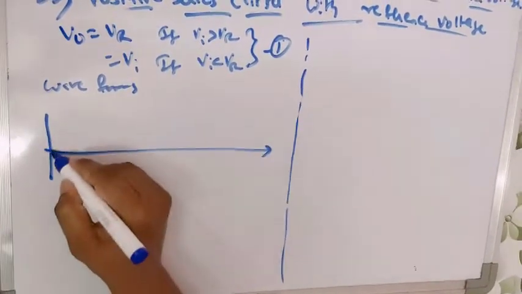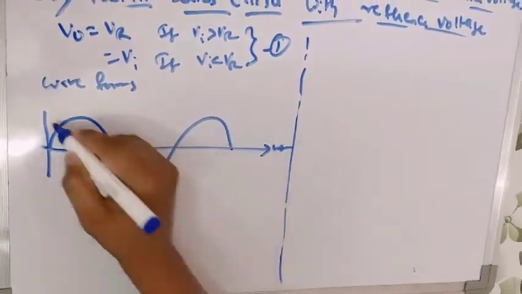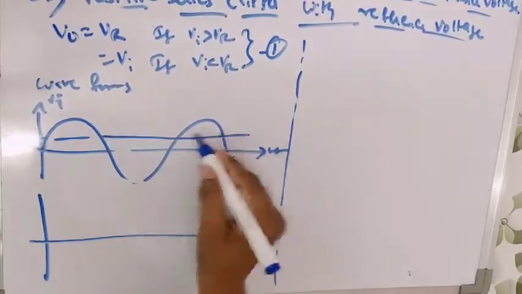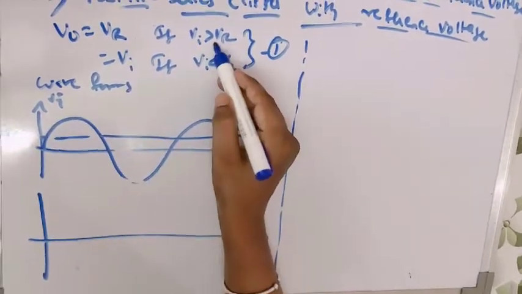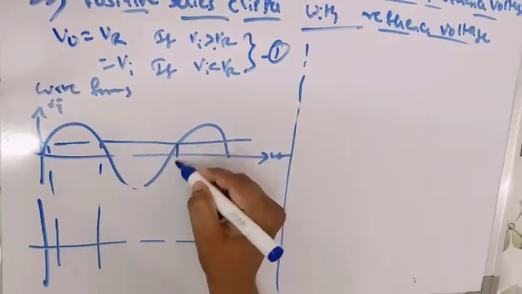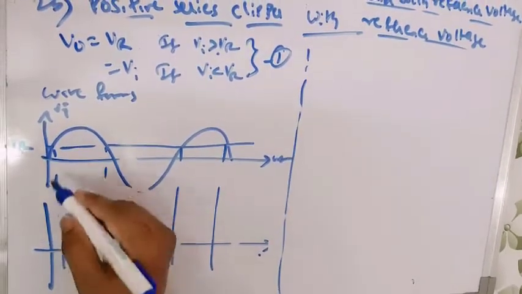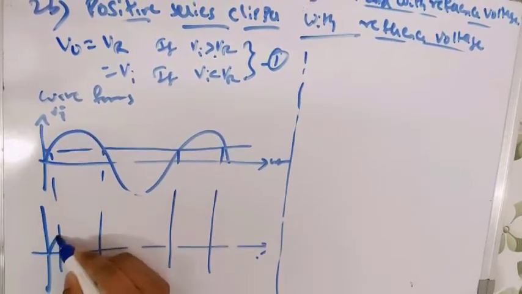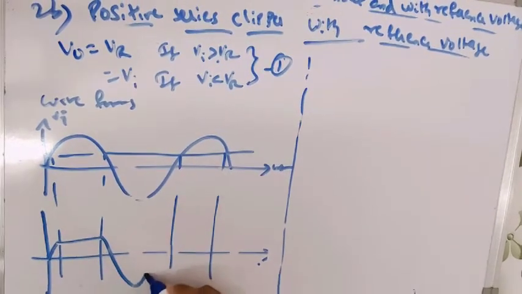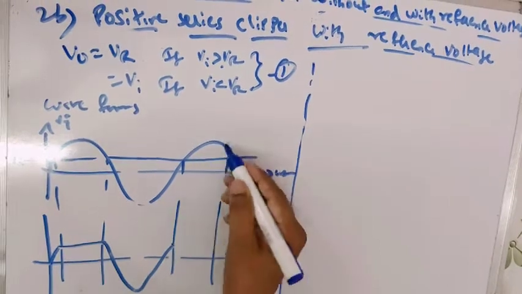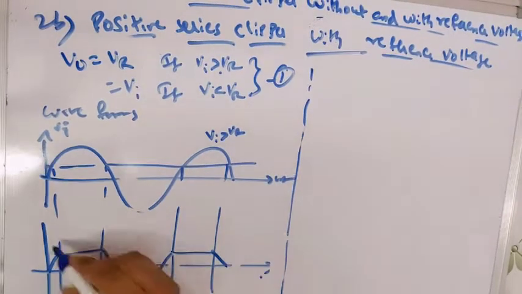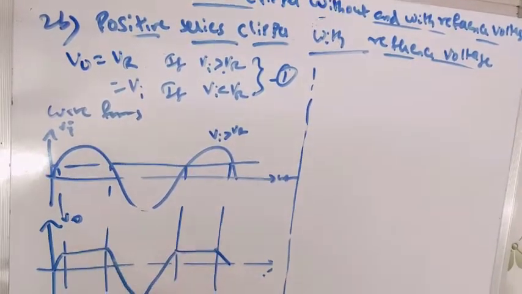The input is a sinusoidal signal. This is a sinusoidal signal we are applying as an input to the clipper circuit. Now what will be the corresponding output when we compare with the reference voltage here? When Vi is greater than VR, the output will be restricted to VR. When Vi is less than VR, it follows the input here. So we are comparing with the reference voltage. When Vi is less than VR, it follows the input as it is. After that it will be restricting. Again it follows the input, whatever the input is. And after that when Vi is greater than VR, again it will be restricted to the voltage of VR. So this is the output. It is clipping the positive peak portion of the signal.